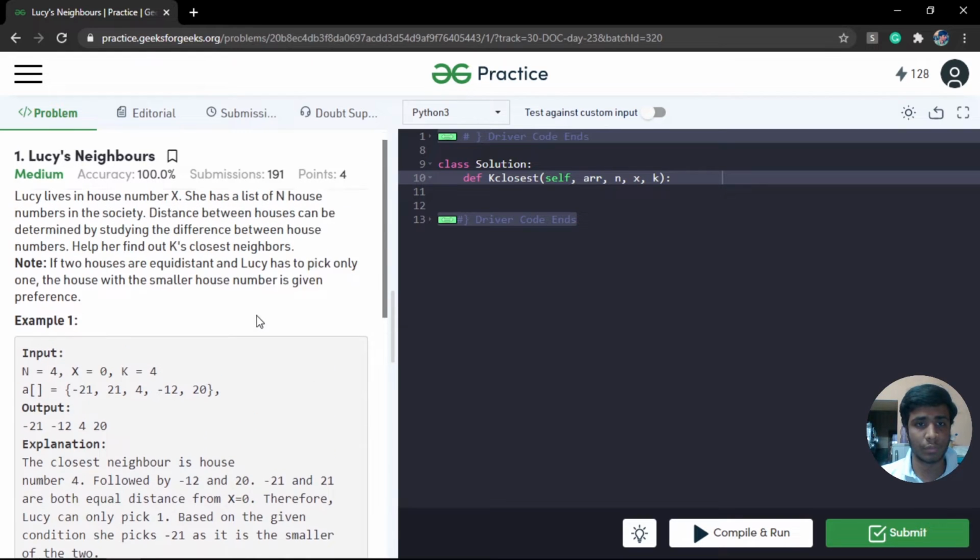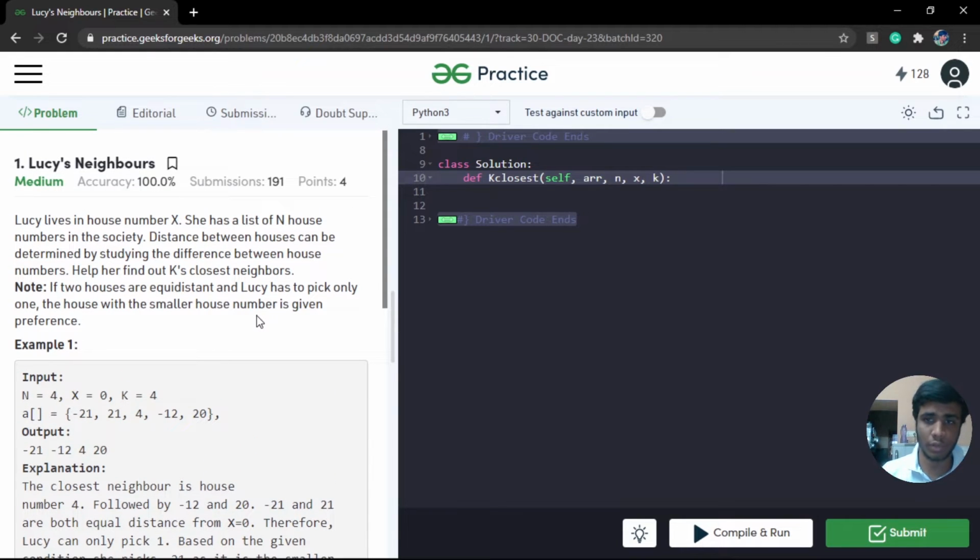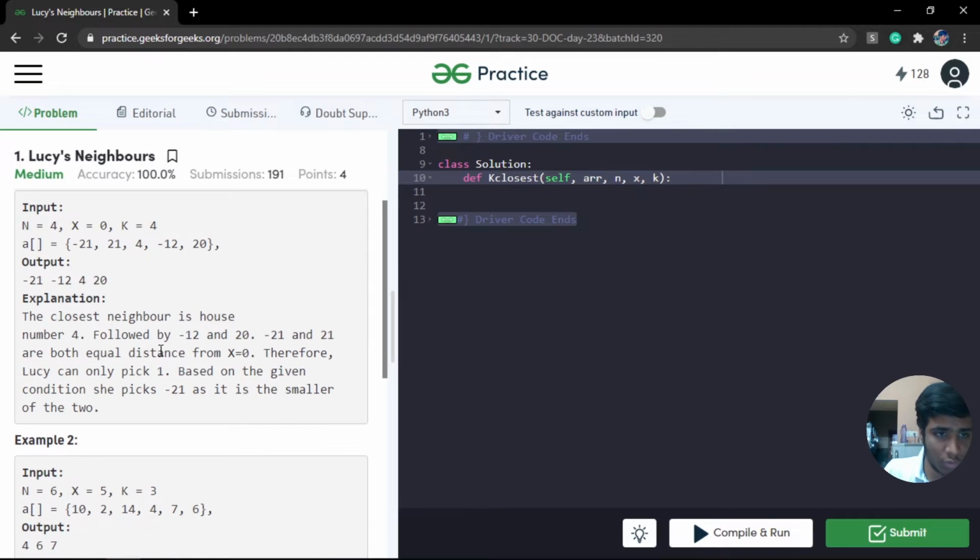So let me just give a brief of how the algorithm works. First I'm going to sort these numbers, and I'm going to find the number which is closest to x. After the numbers are sorted, they are going to be in increasing order, right? So I'm going to take a pointer, iterate through this array, and find the number which is closest to x. Once I have that number, I'm going to append that to the answer,